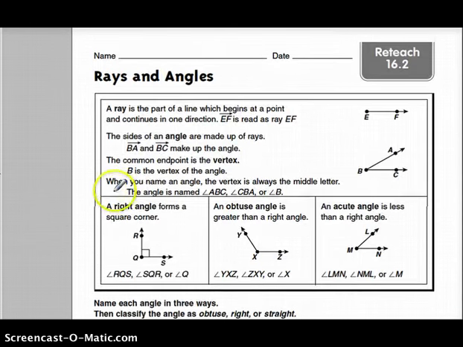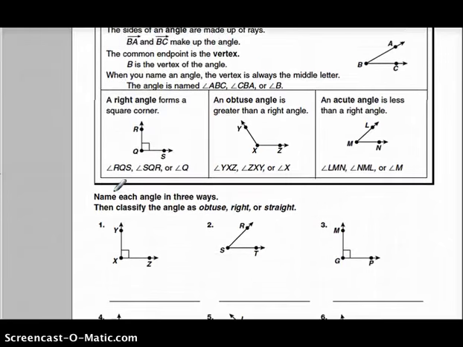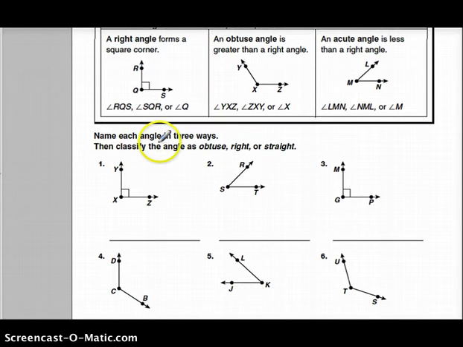Your second page will be rays and angles, and this one you need to name each angle in 3 ways, and then classify the angle as obtuse, right, or straight. So for number 1, I would say this is angle YXZ, angle ZXY, or angle